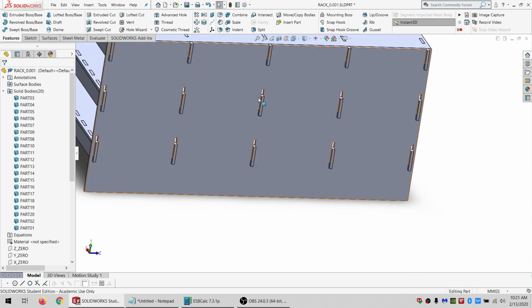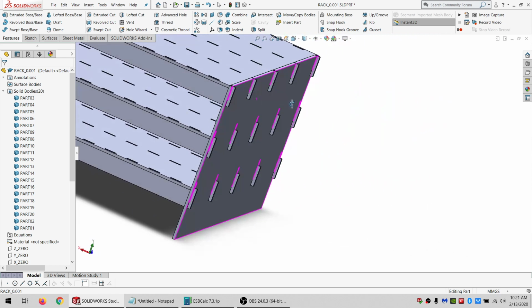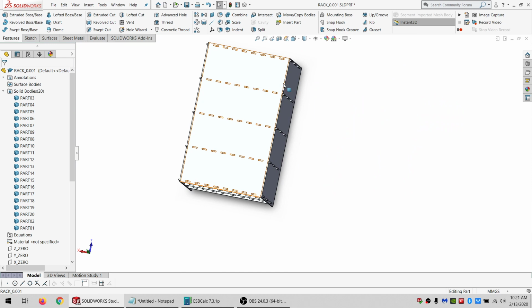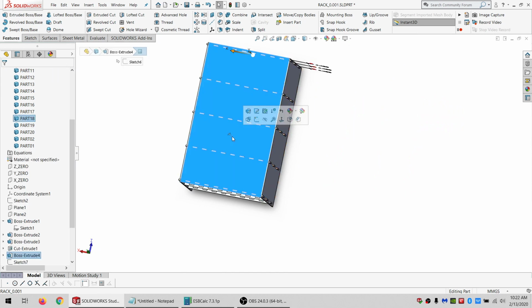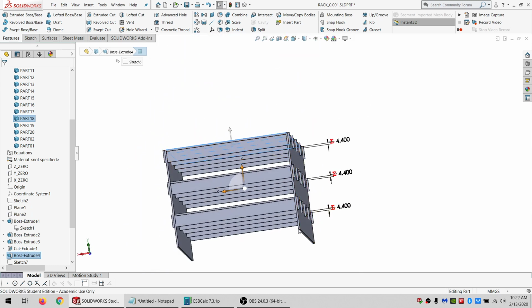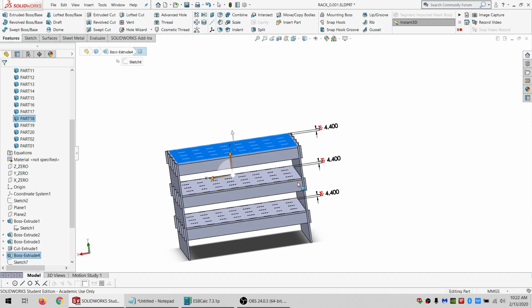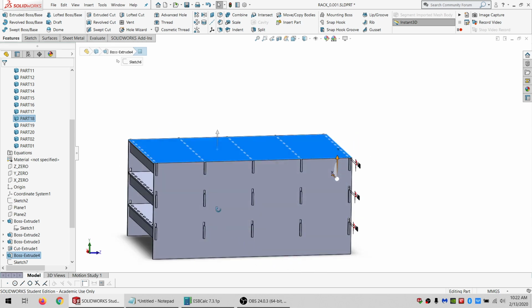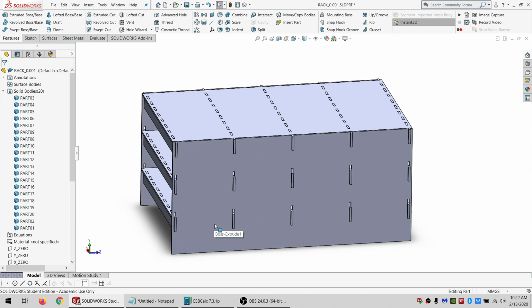And I don't really need to worry about it flexing like this, because this is here. But I do need to worry about it flexing like this, because there's spaces that have nothing in them. It does help to have these all in there, but it's not going to give me as much rigidity as I would like. So what I am going to do about that